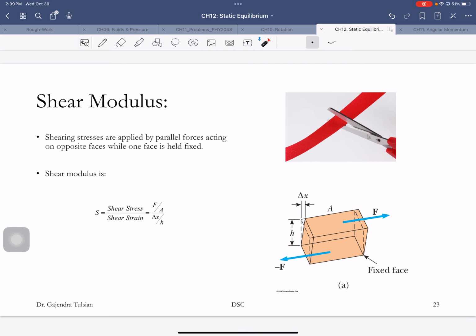That's how you cut objects. Okay. So we'll apply tensile stresses. We'll apply bulk stresses. And we'll apply shearing stresses. And what is it that we want when we remove the stresses? We want the object to go back to its original shape. Okay. So we'll talk about that